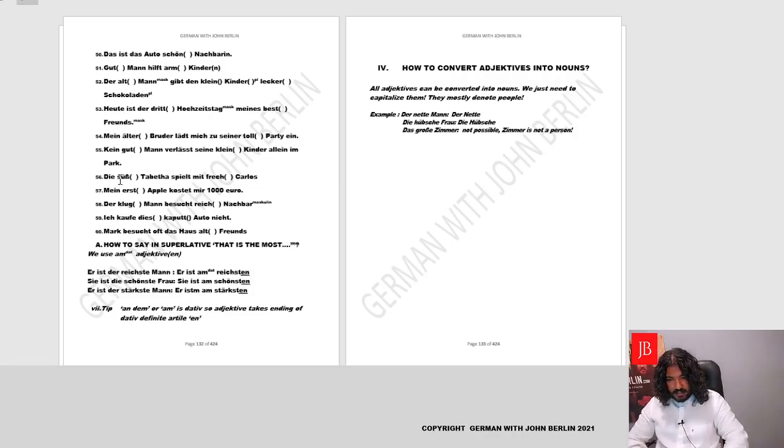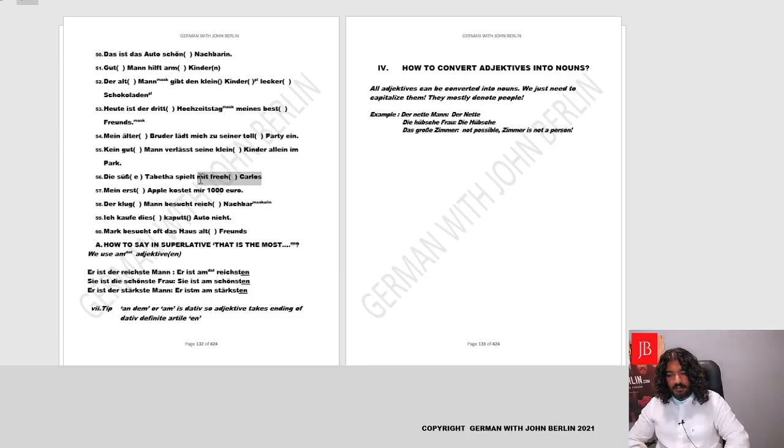Let's get started with number 56 here. It says, Die süße Tabitha spielt mit frechem Carlos. Now, basically, we'll identify the table. It's the, that's definite article. Yes, it's nominative, the subject. And then we'll find out its gender. Tabitha is feminine, looks to be the name of a girl. So we'll go to der, die, das. If we go to nominative, feminine, definite article table, you'll get the ending e. Yes, supposedly you might have had a hang of it now. So die süße Tabitha spielt mit frechem Carlos.